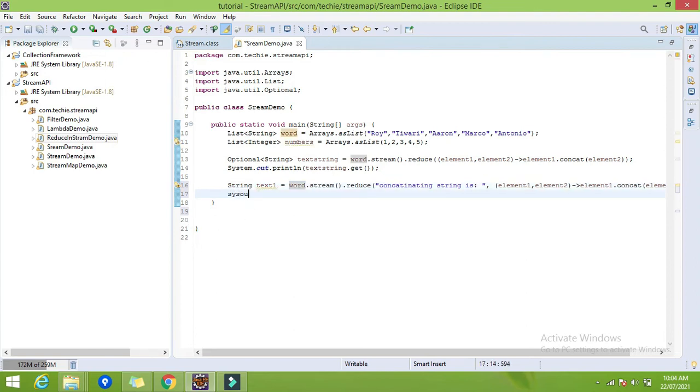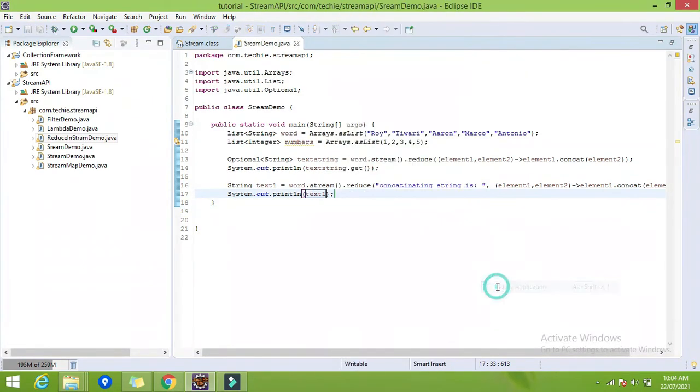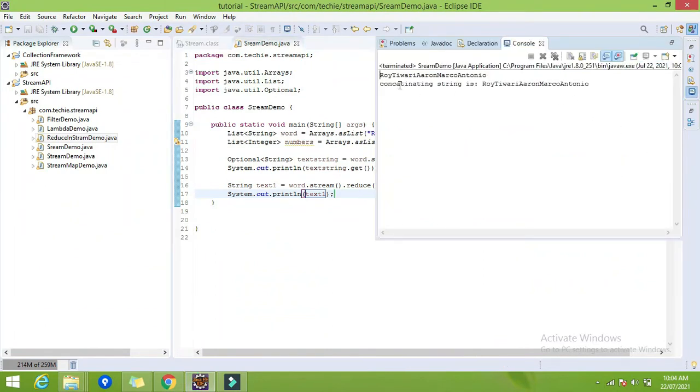Now let me print this. Here you can find our answer: concatenating string is Roy Tiwari Margonte, right?